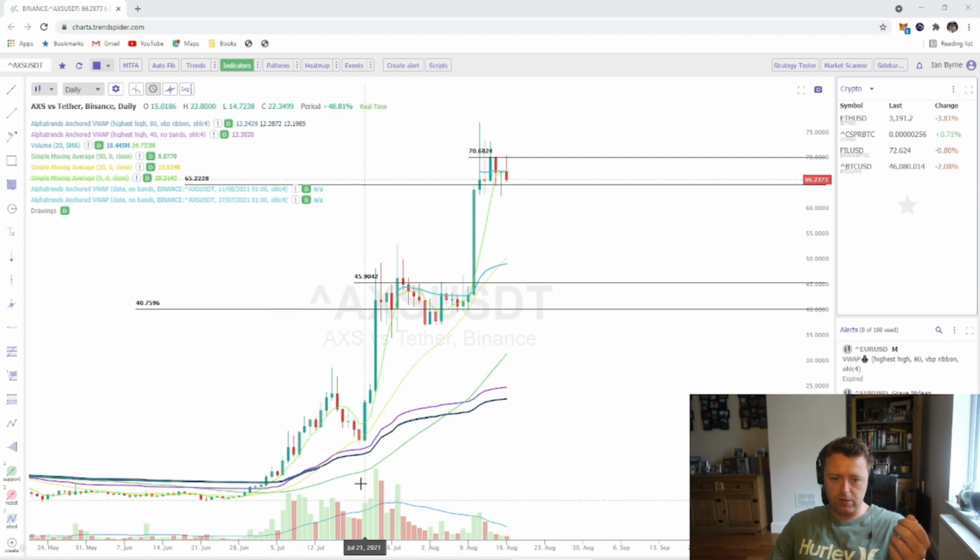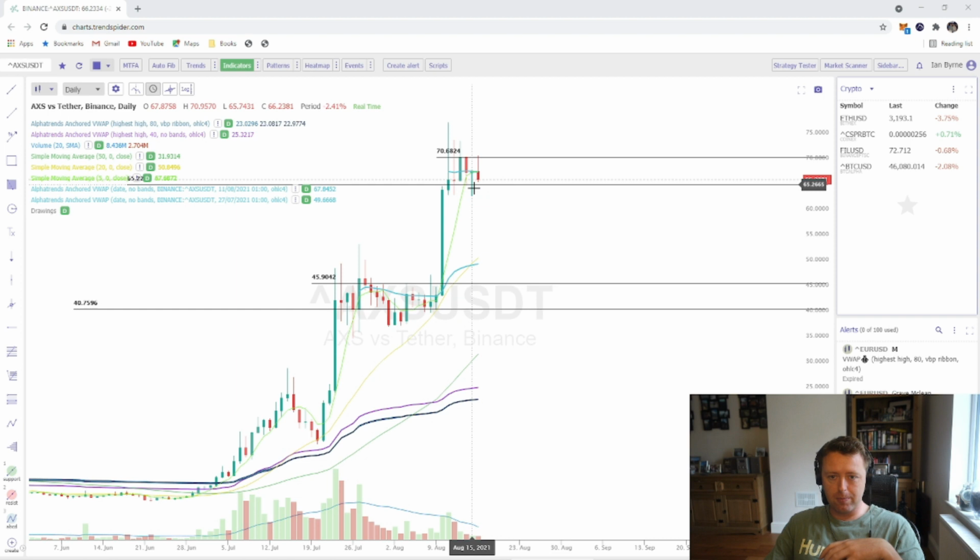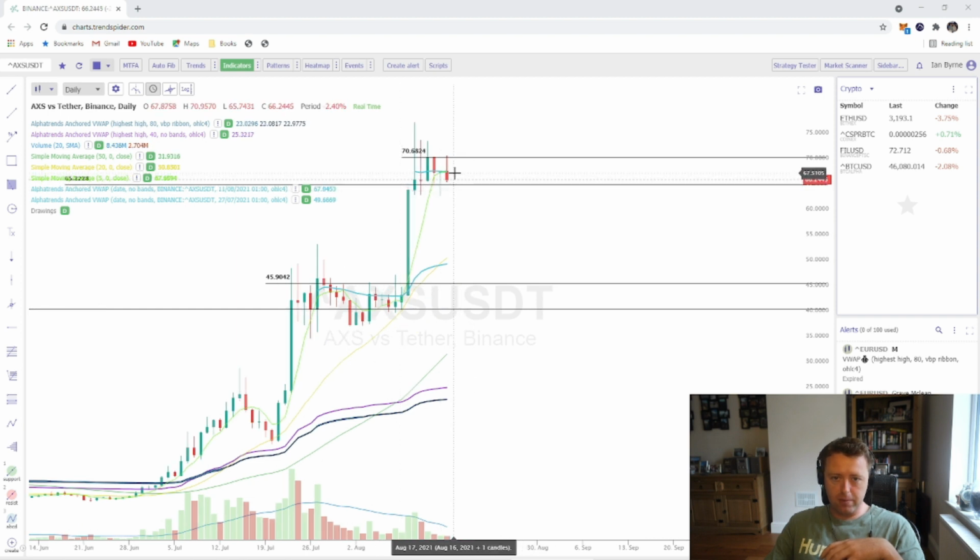The interesting thing on these, and it is generally what you want to see, is that back here the run up was on large volume, and then on the pullback, the volume declined. And here, interestingly, much less volume this time on another huge move. For AXS holders, hopefully it starts to consolidate there. But a couple of things: we have fallen below the 5-day moving average, and we failed to close above this 68-70 level on the daily.